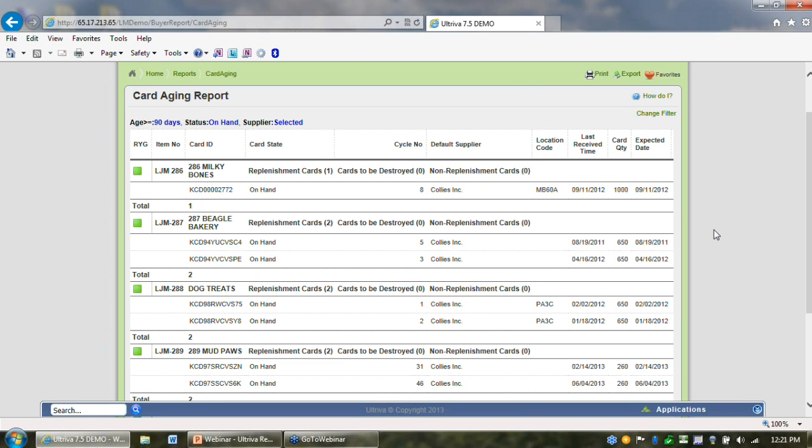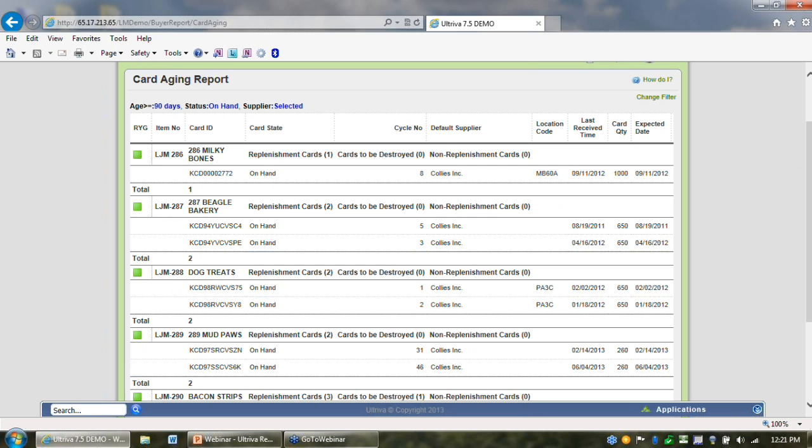Okay. Typically, what this report does is it will help you to maintain first in, first out. And number two is how long you are carrying that particular part or inventory on your shelf. And sometimes you may have to do some audit to make sure that that particular card is still on hand. So for an example, in this particular example, we are displaying that item number, description, and what status